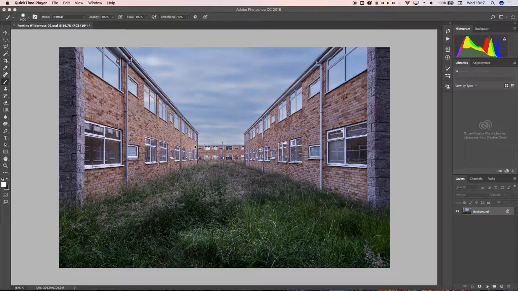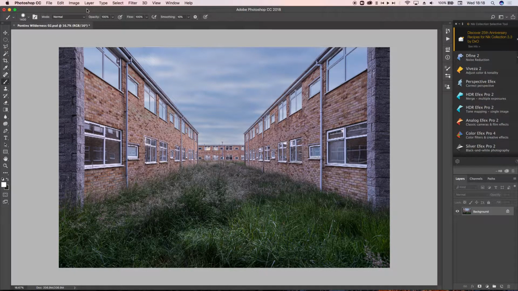In this video, I'm going to take a look at part of the Nik software suite, in particular the Silver Efex Pro part of the suite, which deals with black and white conversion. Nik software is a range of plug-in filters that work with Adobe Photoshop and Lightroom. So I'm going to start off with this colour image, which is open in Photoshop at the moment, and you